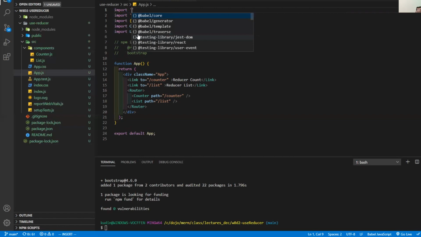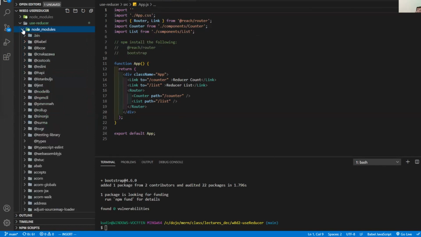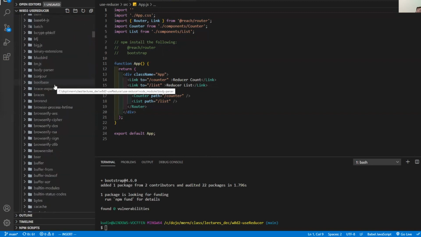Now, first off, I have to recognize where I'm at in my folder structure, because right now the app.js is inside of my source folder, and that source folder is the same level as this node modules. Node modules is where all of my npm install stuff goes. And you can see we've got a ton of folders here. And if I scroll down, one of these should be